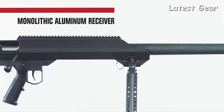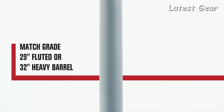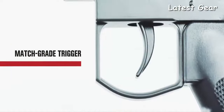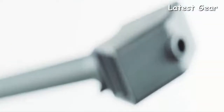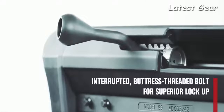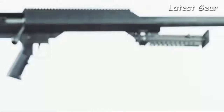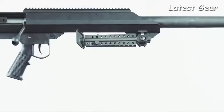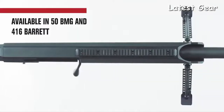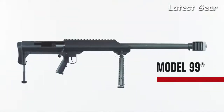Featuring a rigid one-piece aluminum receiver, match-grade barrel, precision trigger, and high-efficiency 3-port muzzle brake. The Model 99 delivers match-winning accuracy time and time again. Available in 50 BMG and 416 Barrett, the Model 99 has one mission: get